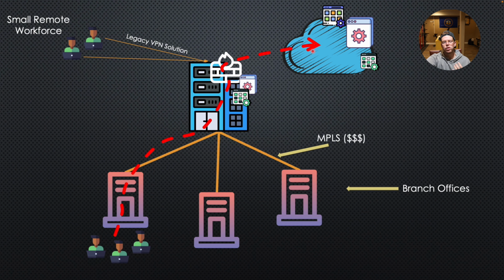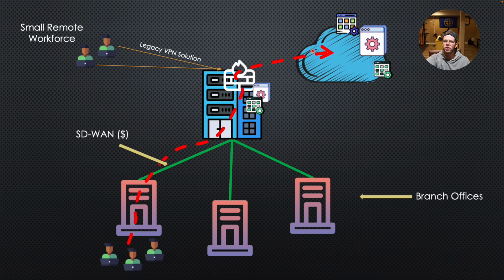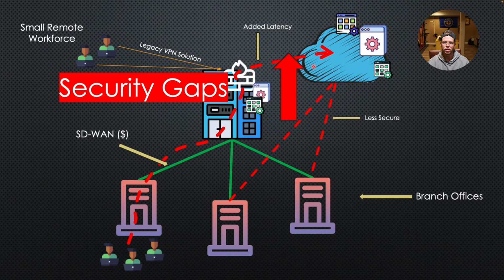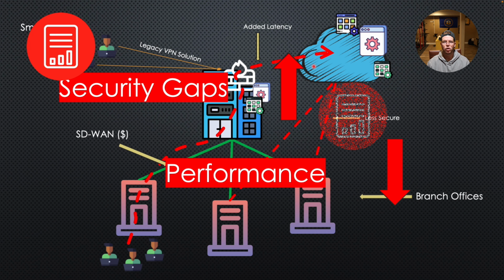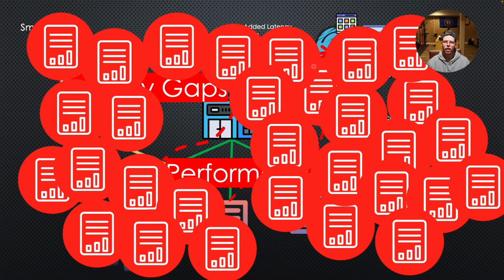And then technologies like SD-WAN came along, and you were able to replace these high-cost MPLS links with internet-based transport. But that opened up a whole new can of worms, because now you could split tunnel traffic out and connect to applications directly, but it was left unsecured. So you continued to send traffic back through your data center. This added latency. Your security gaps go up, your performance goes down, you're dealing with an influx of tickets from users wanting to know why traffic is slow, why they're having issues accessing certain applications.